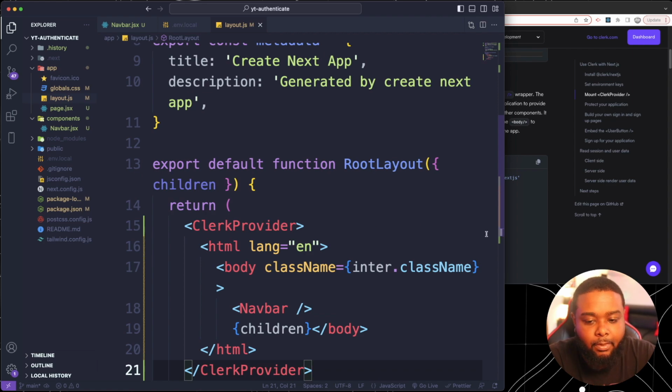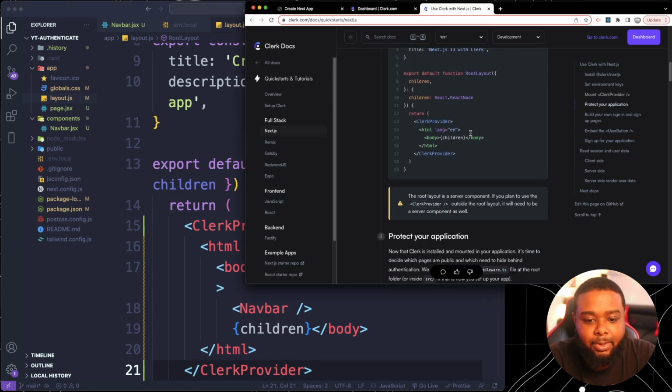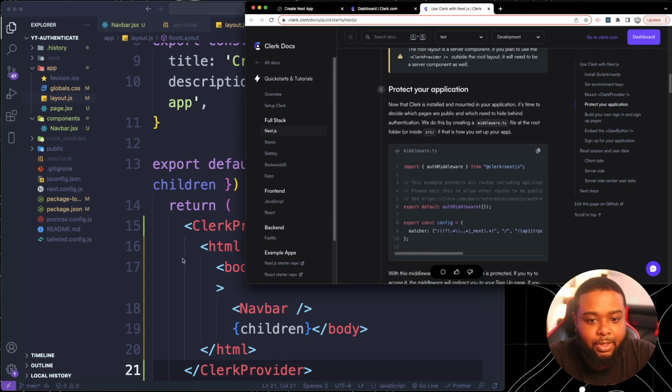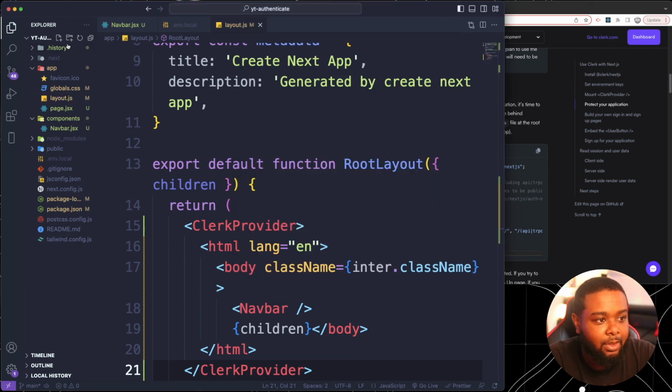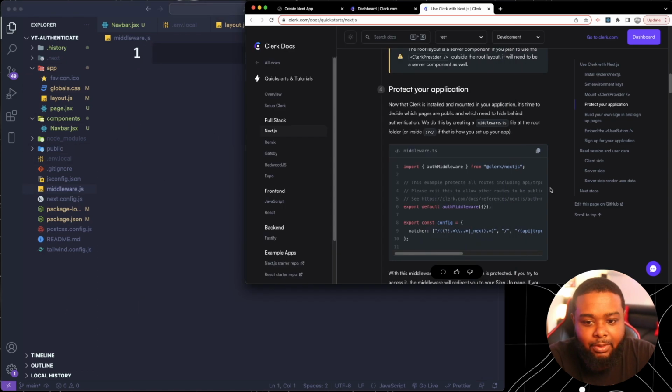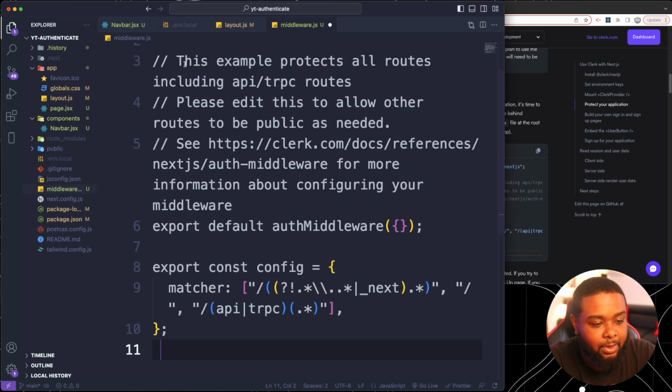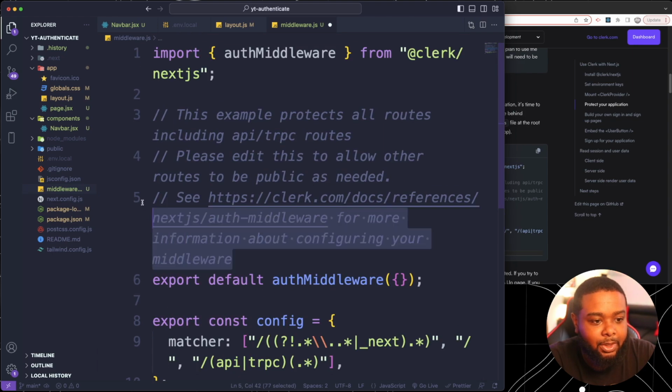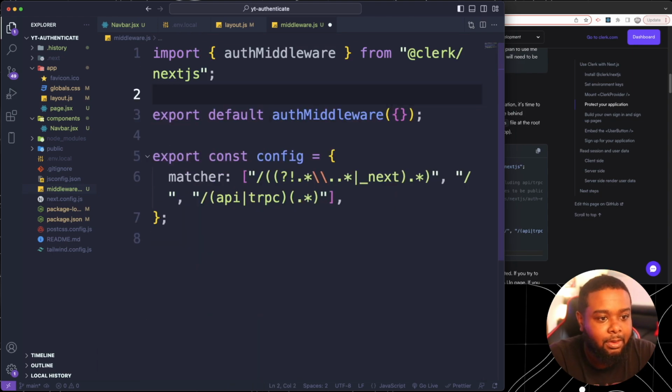There we go. All right, so step number 3 is complete, and now you want to create your middleware file inside of your root. So go ahead and create this. It's going to be middleware. We're using JS. We don't have TypeScript installed on here. Middleware, and I'm going to remove the comment just to clean it up a bit. All right,